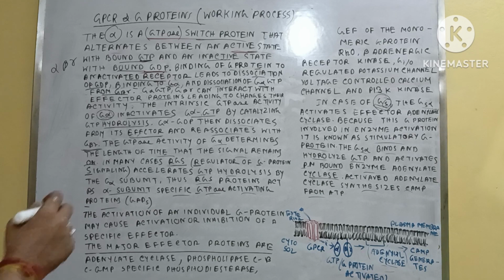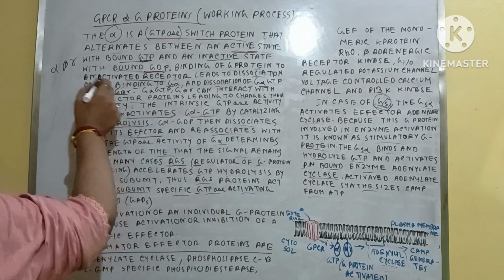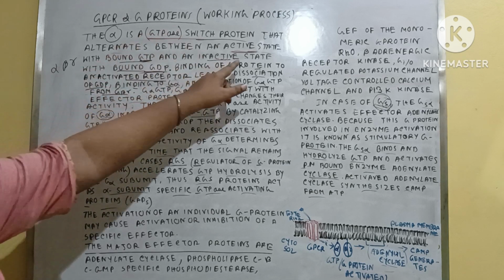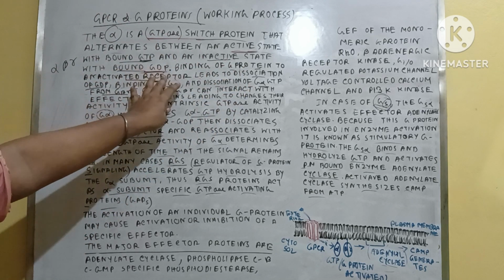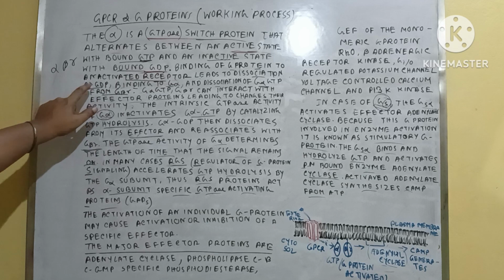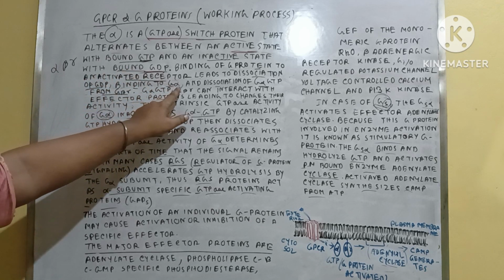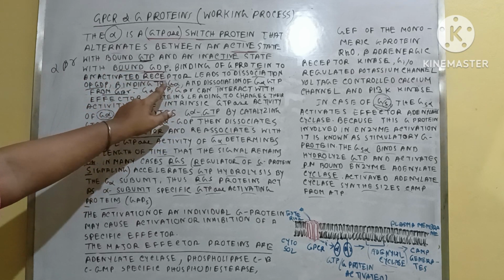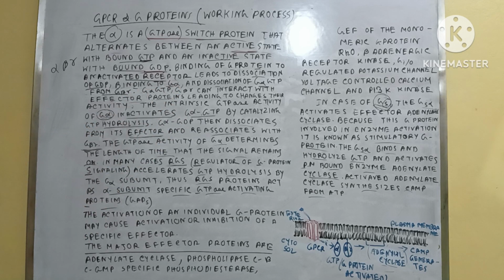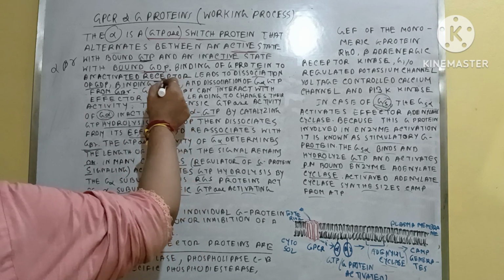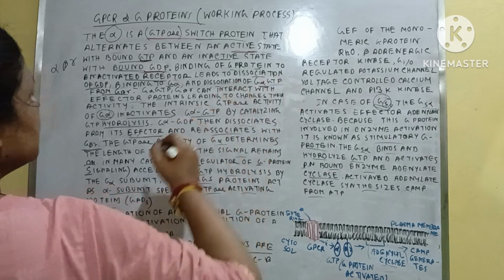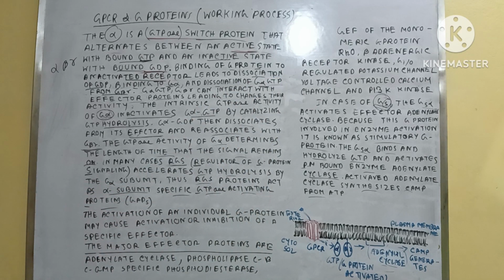what is occurring here? That leads to the dissociation of GDP. When the G protein is bound to the receptor, then the GDP that is present in there is dissociated. And what is happening here? The G alpha, the G protein alpha, where the GDP was bound, that is dissociated, and G alpha is bound with the GTP. Okay, and this